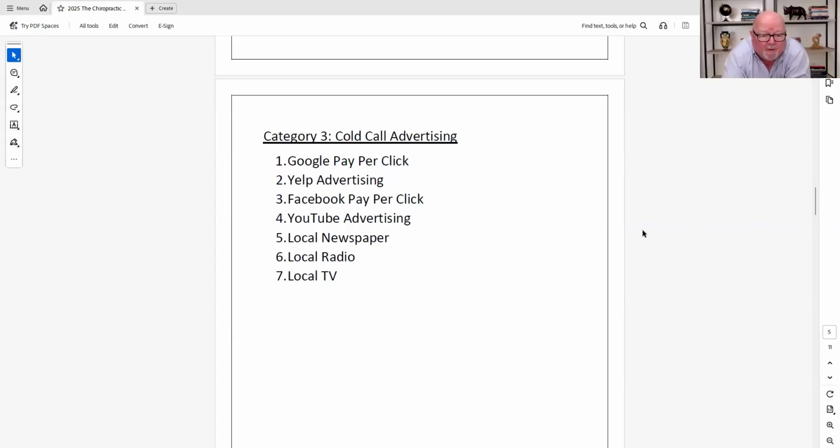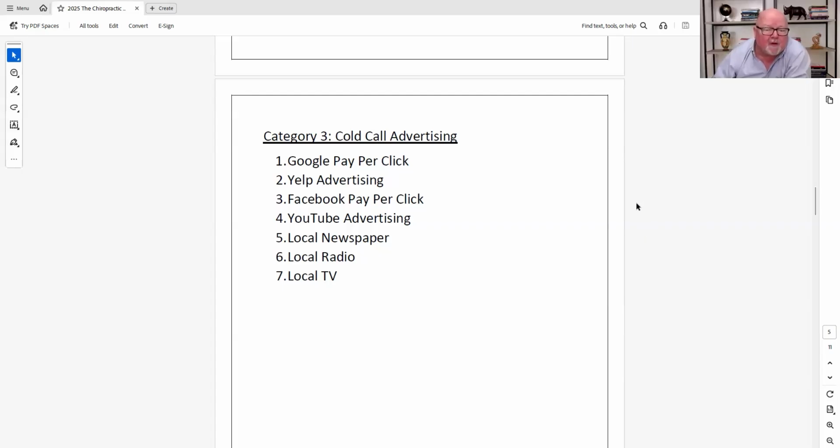Okay. Before I had 9 offices, I had 9 offices in my metro area, and we just split the cost. But before I had 9 offices, what I did is I got together with a local podiatrist, and we did direct mail, and I was on one side and he was on the other, and we split the cost 50-50. That's what we did. You got to think out of the box a little bit.